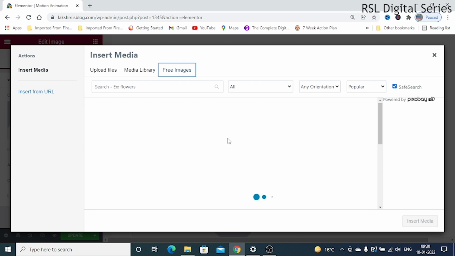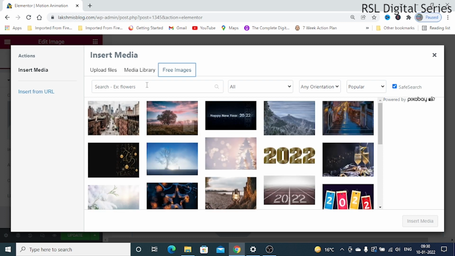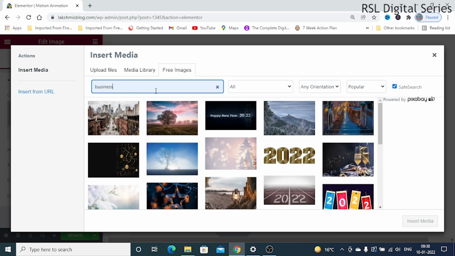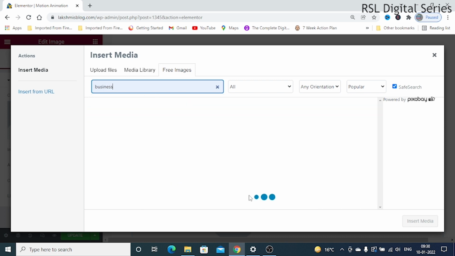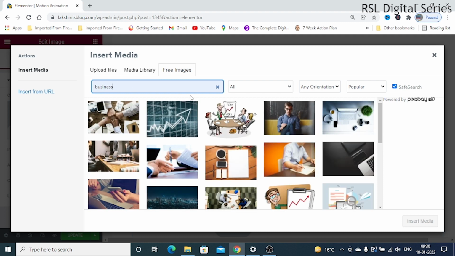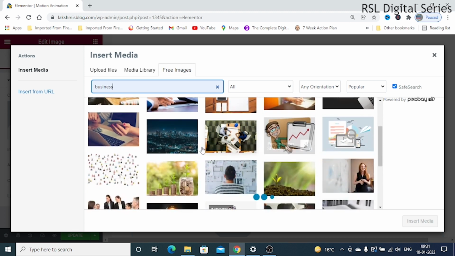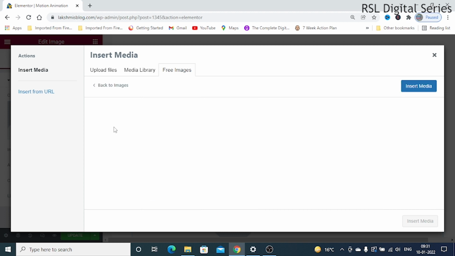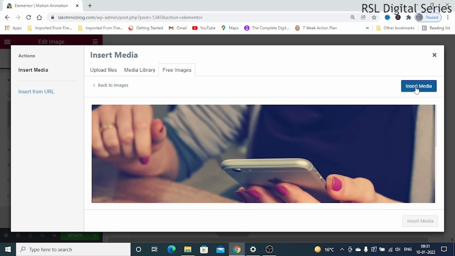These images will be free, so you can search for any category you want. For demo purpose I will just type business here, and I will upload some random figures. Okay, insert.